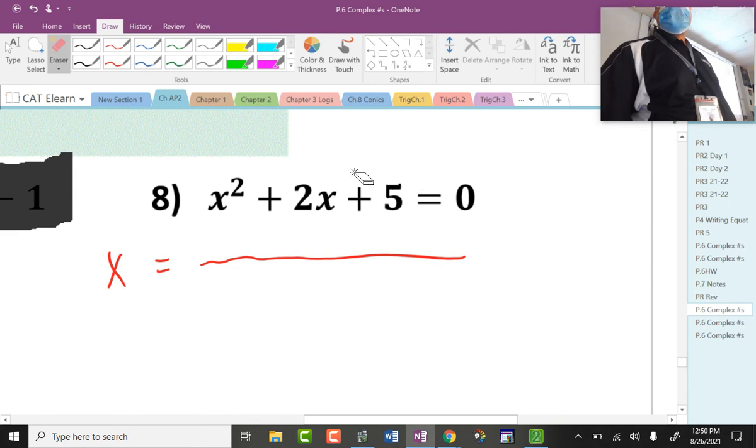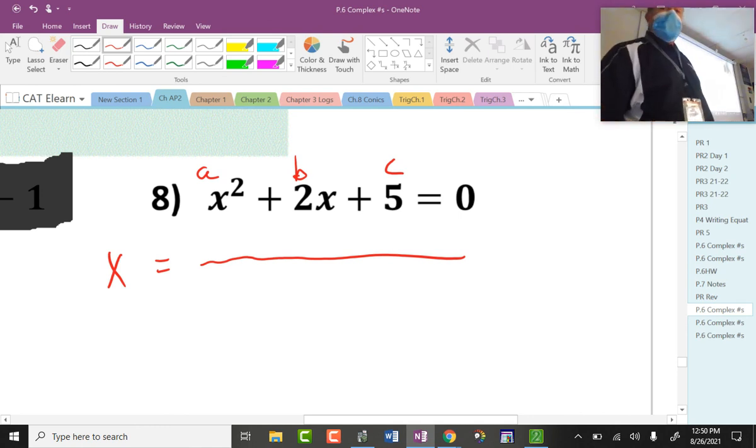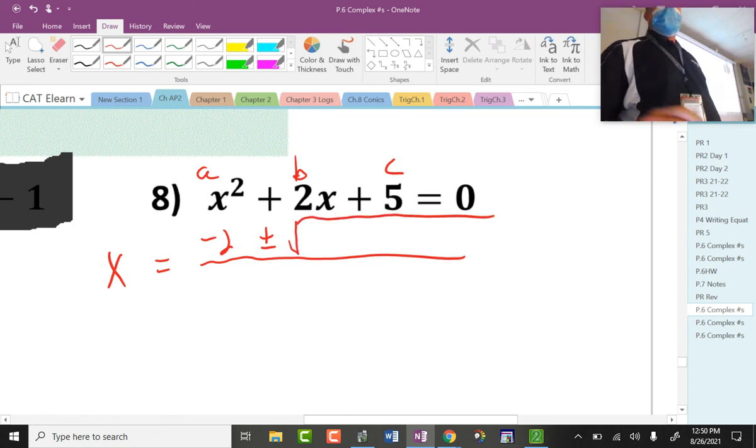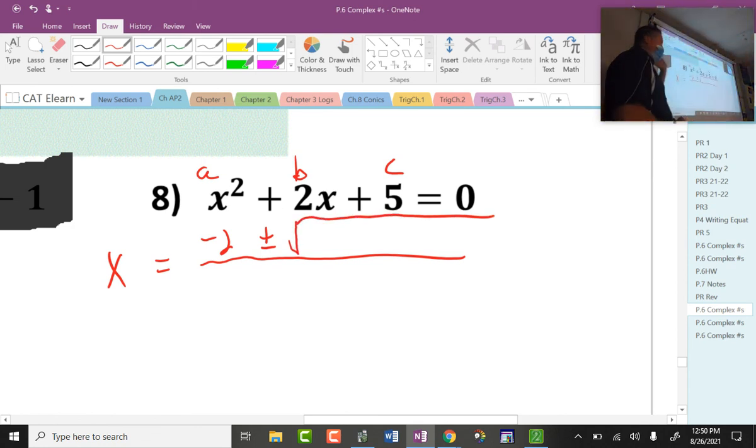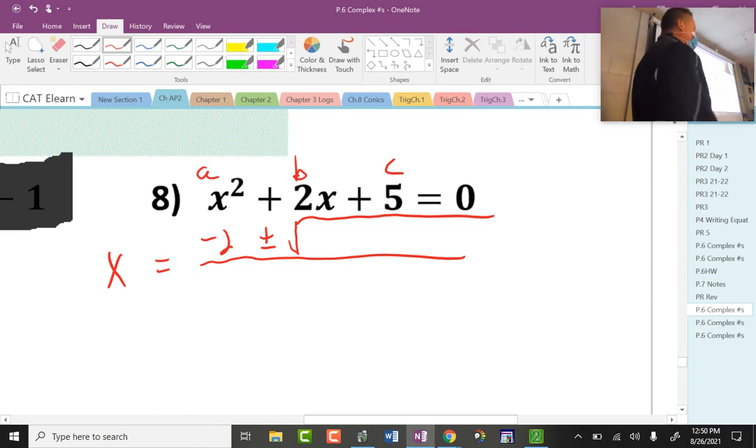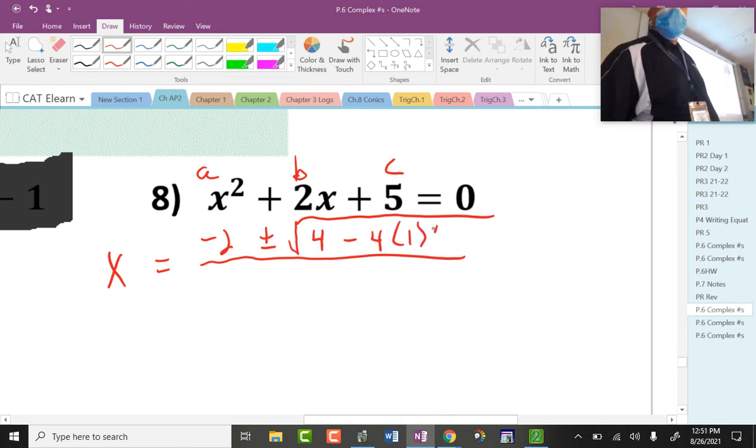I'll go ahead and fill the parts. Since this is not factorable, I just want you to understand that that's A, that's B, that's C. So the opposite of B is the opposite of 2. Don't put X with it. I get some goofy students doing that. There is a reason why the quadratic formula works. We got to move on. We just got to accept that it exists in this class. Then b squared, which is 2 squared, minus 4ac,